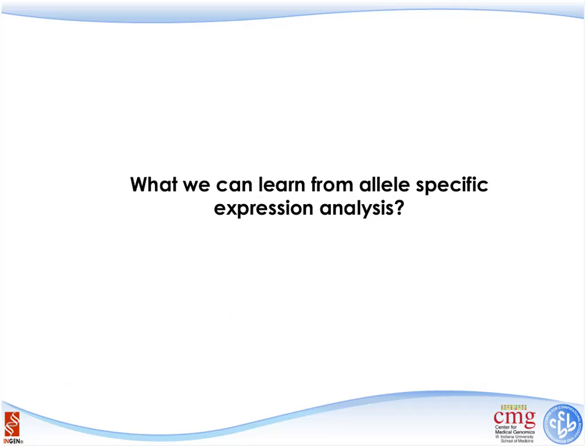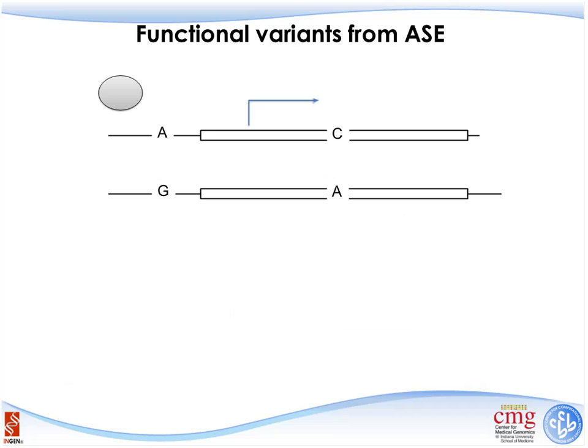Now I'm going to use a couple of slides to talk about why we can learn, what we can learn from the allele-specific expression. Actually, the goal for that is to study gene regulation. As we can see from this hypothetical example again, the top allele and bottom allele, in the coding region, there is one heterozygous variant, which is C or A. And clearly, the bottom allele expresses more than the top allele in this case.